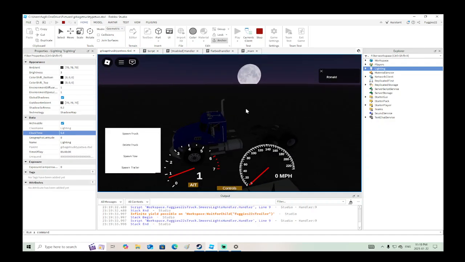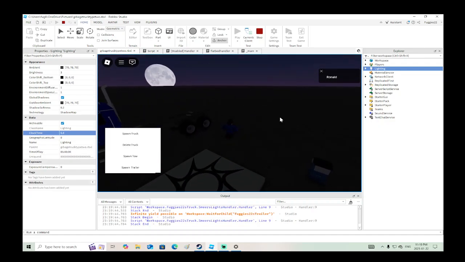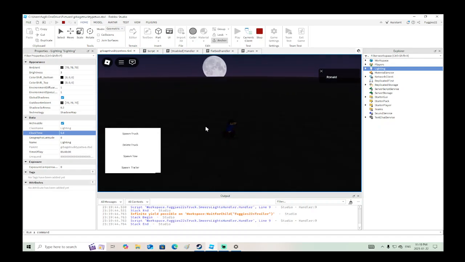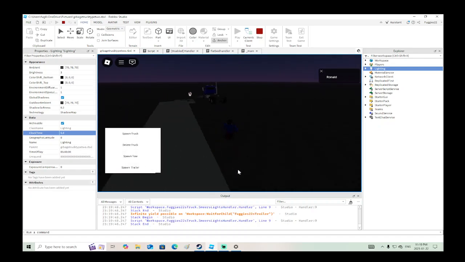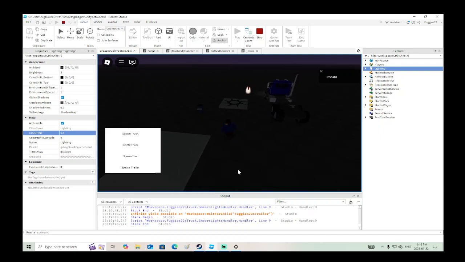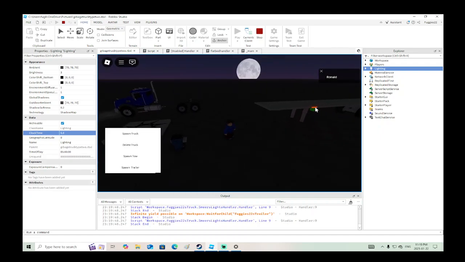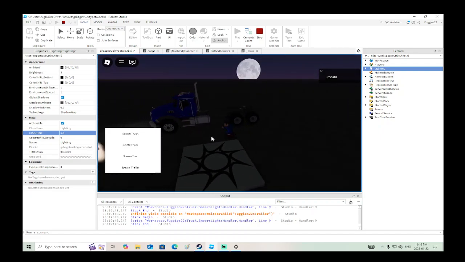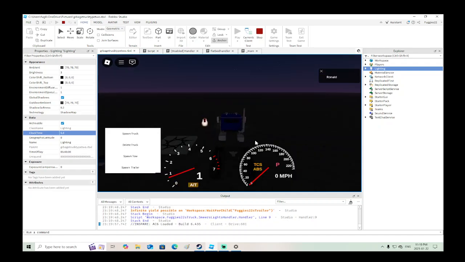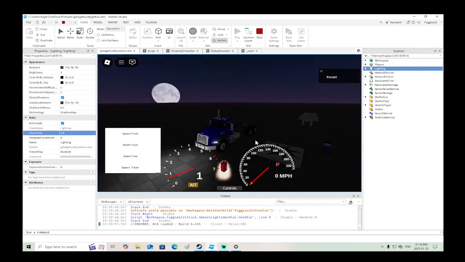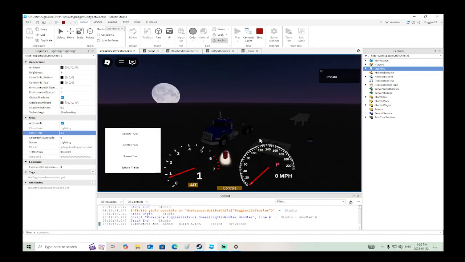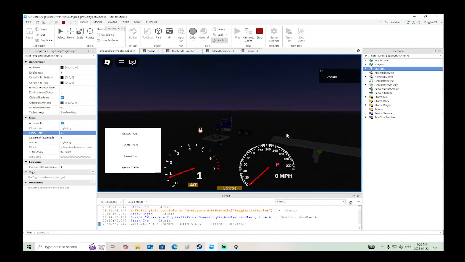Really, is it breaking because I don't have the trailer spawned? Let's find out. Oh, there we go. So now the trailer spawned in. The light is neon, and the lights on the truck turned on. Okay, so you see that? So there's the trailer. You press L, and now the light on the trailer goes on with the lights on